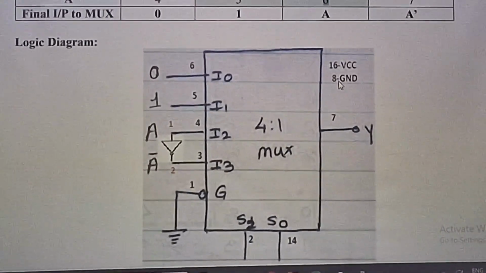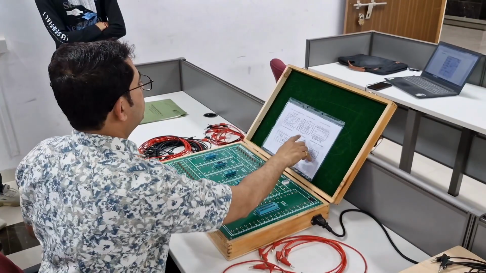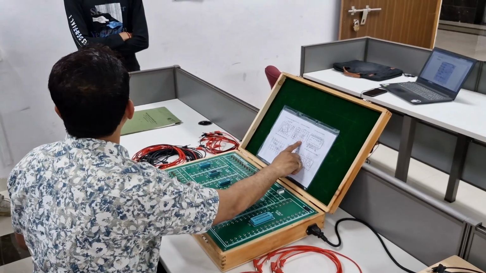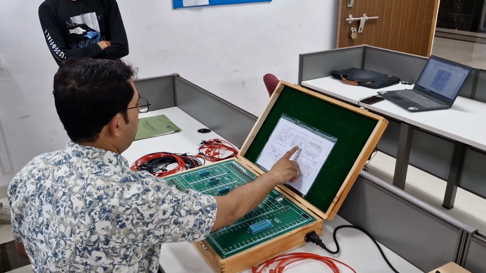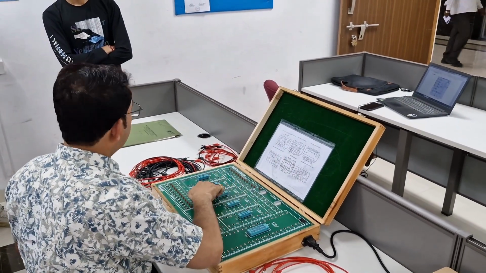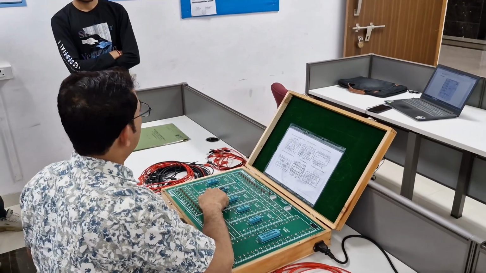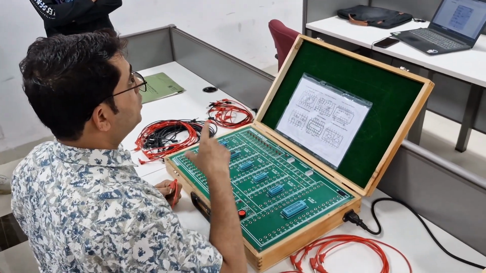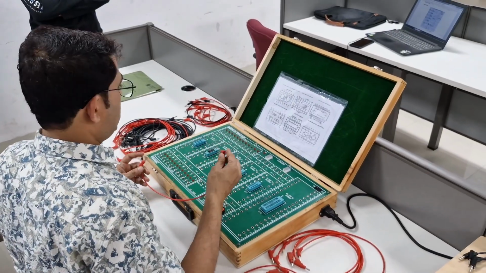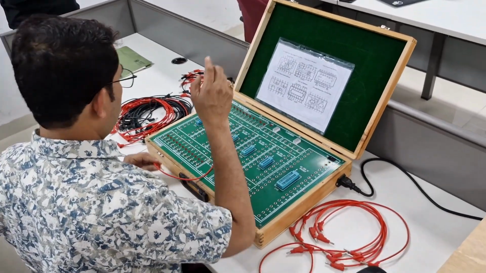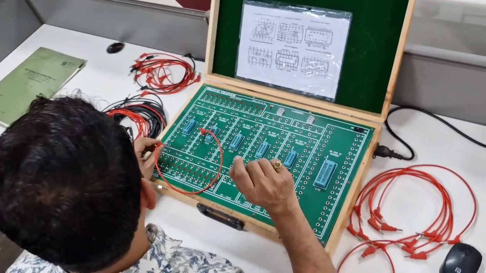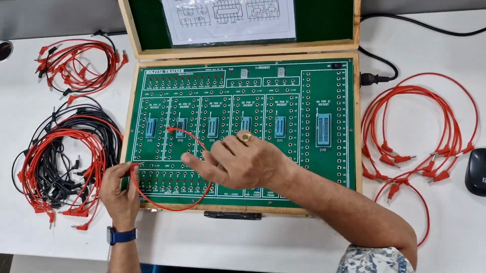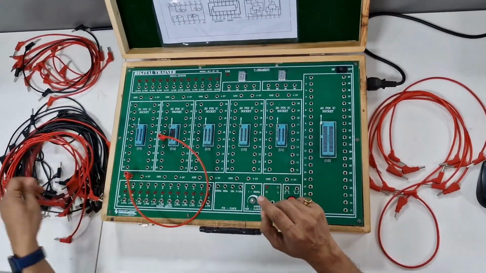Understood everyone? Yes. Now this is the IC configuration of 74153. Now this is the IC of 74153. I have put it in the IC socket. Now according to our design, what is the first input? 6 number pin is connected to the 0. That is, 6 number pin is input, but it is connected to the 0, that is connected to the ground.